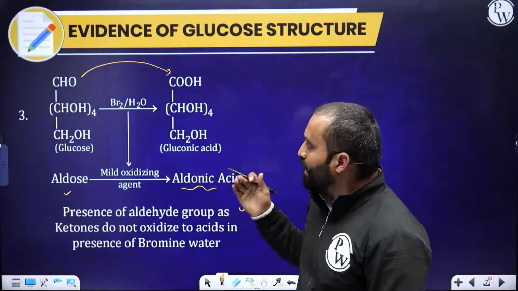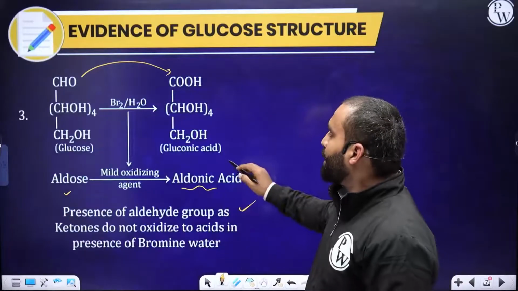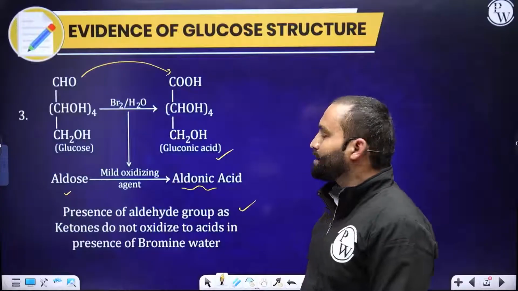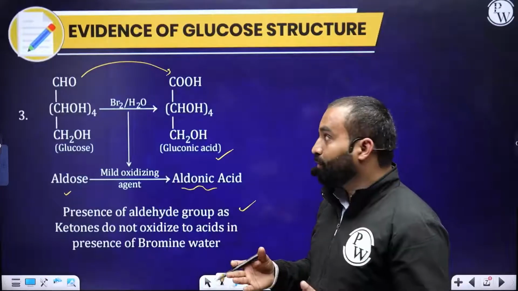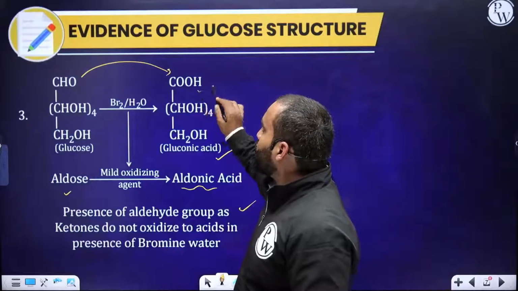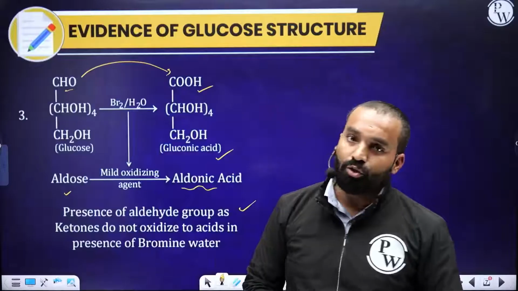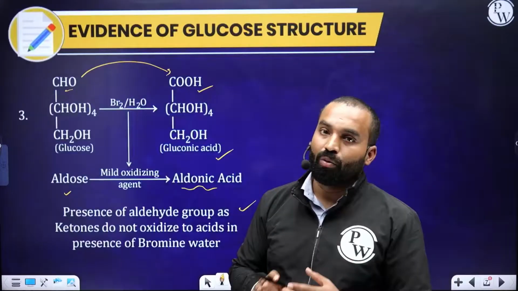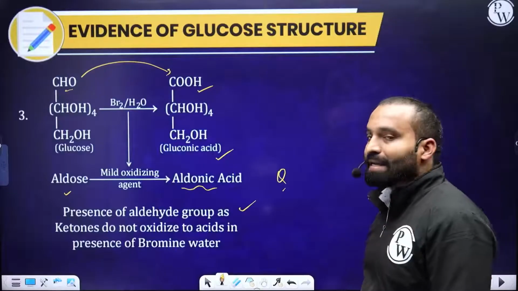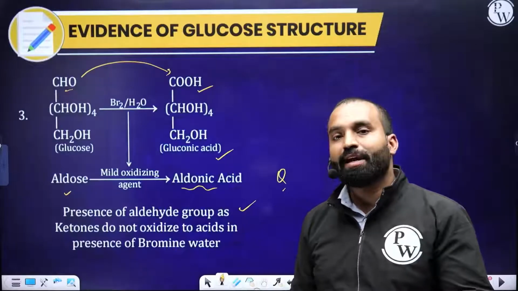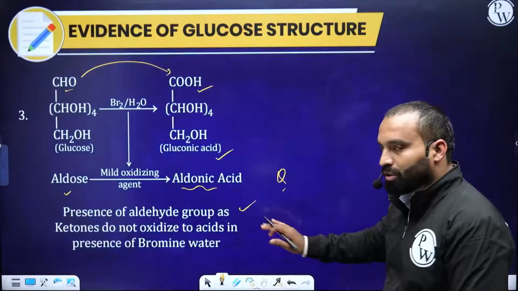When scientists tried to figure out the structure of this glucose unit, they already knew that there is something called gluconic acid. So they compared it with gluconic acid and found that a COOH was produced, which could only be obtained from CHO if it is present in the glucose framework. So this becomes another question: how do you know there is an aldehyde group present? How did you make sure that there is an aldehyde unit present in glucose? This is one of the questions.